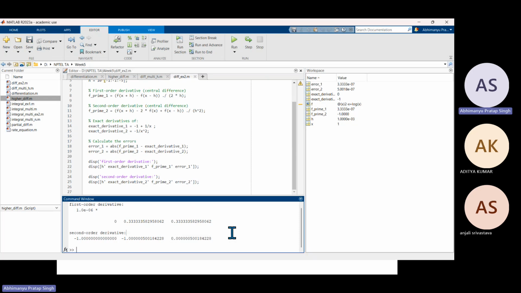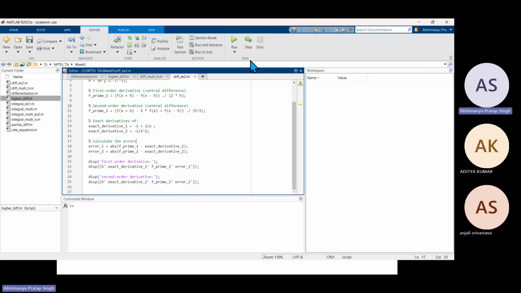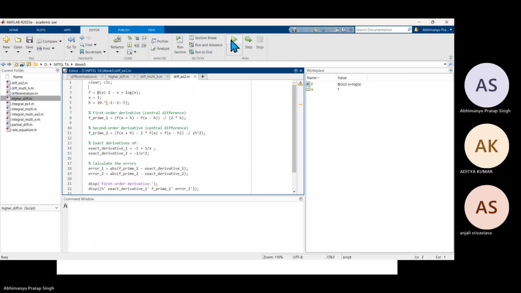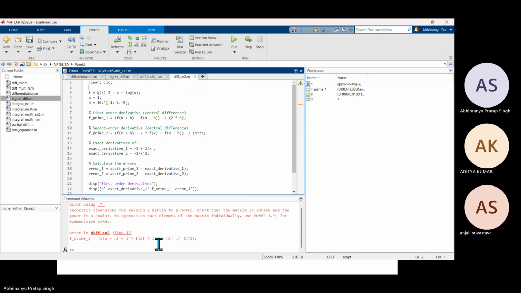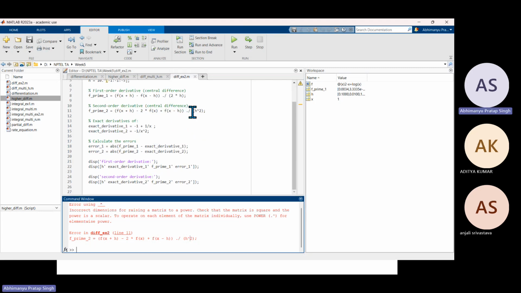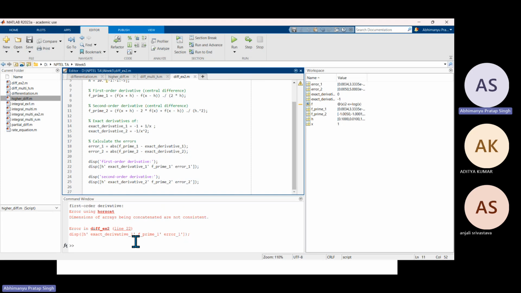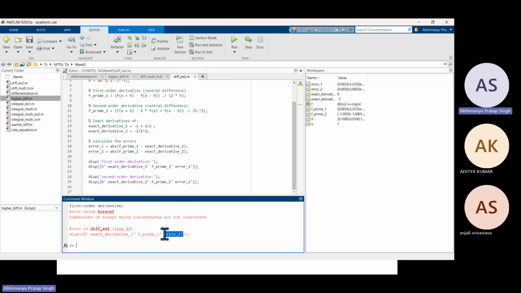Hope it does not give me any error. I will run it and see. Okay, yeah, so that should be an element-wise operation. Yeah, this is an h square. This is fine. Horizontal concatenation error. Error one. Okay, so this is